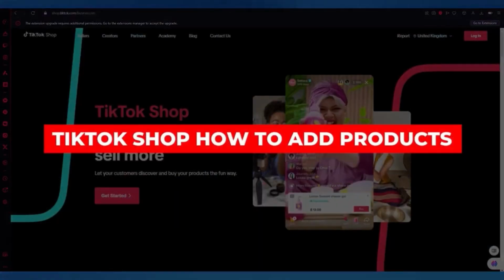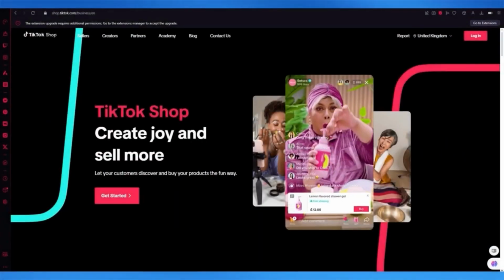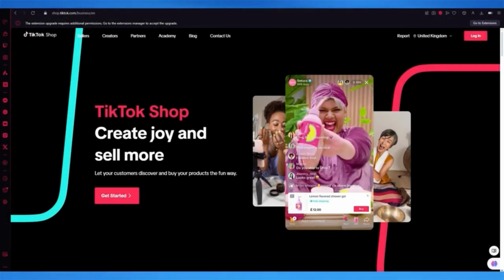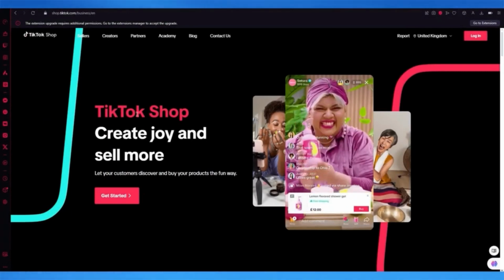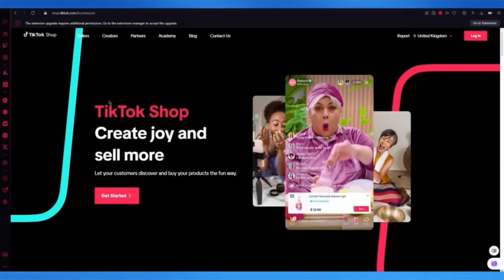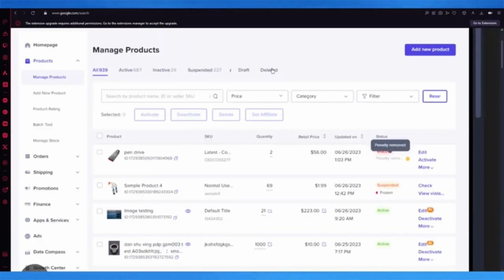In this video, I'm going to be telling you a very simple way on how you can add products in your TikTok shop. So basically, once you're signed up with your TikTok shop, what's going to happen is that you're going to come to a business management portal. So it's going to look somewhat like this. So basically, in this management portal, you're going to go over to products, you're going to go over to manage products, and once you're over here, you're going to click on add new product, and from there on out, you can add the product according to however you want,